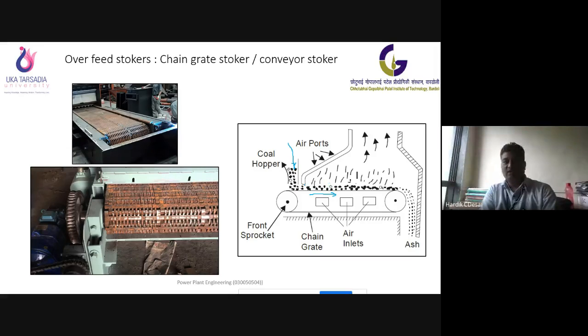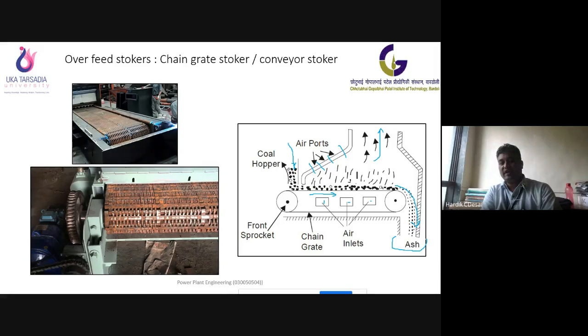In this passage, we are having some holes, ports to supply the air, and from here there will be primary air injection. So primary air will be supplied from these kinds of passages from both the sides, this side as well, and behind this, that side also. So the air will be provided, and here you will have the fuel, you will have the combustion, and the combustible gases can travel in this direction for the further processing. After the combustion, the ash will be collected somewhere in the ash bins.